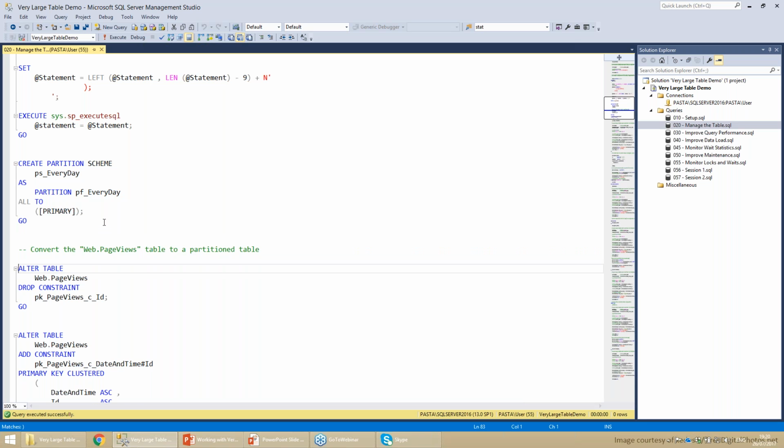Now, I need to convert my single partition table to a partition table. There are several ways to do this. One way is to create a separate table with the same schema, which is empty in the beginning, and it's going to be partitioned. We will set up this separate table as a partition table using this partition scheme and partition function. And then we can write a batch that copies the data from the original table to the new table. When we complete copying all the data, we can just rename the tables, and then we have a new table which is partitioned.